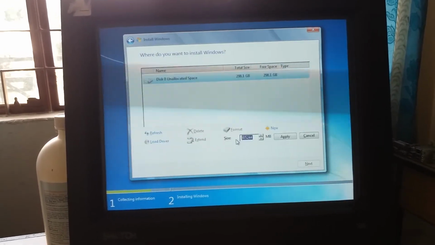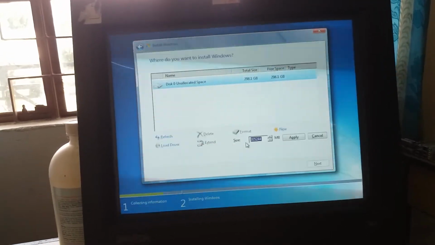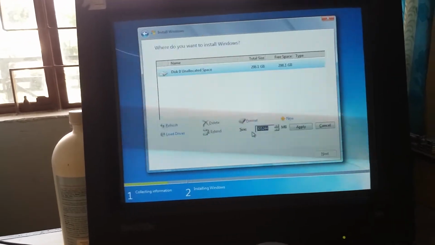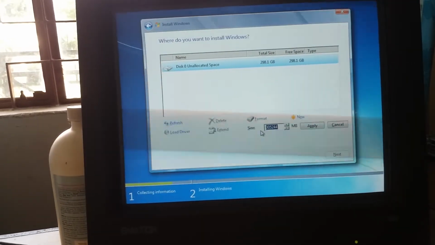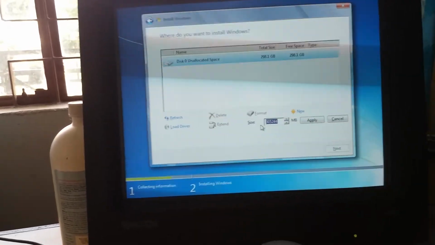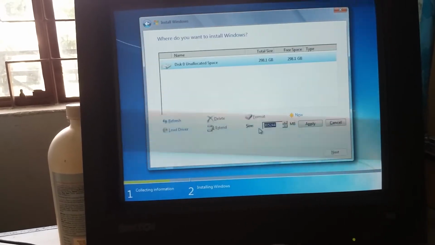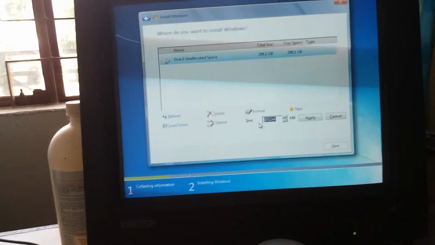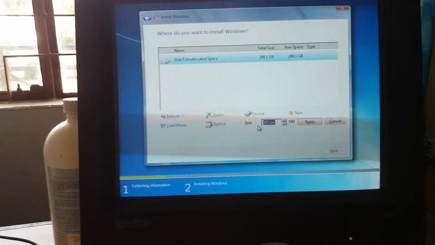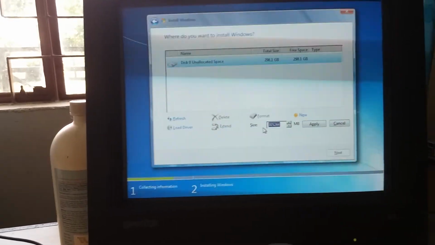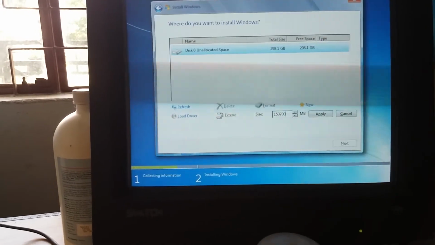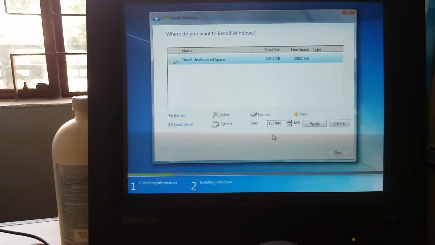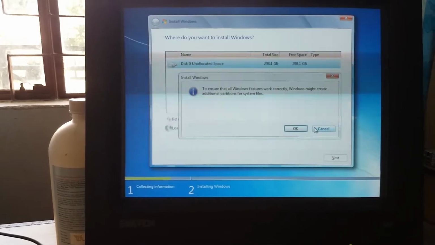For that, I need to multiply 150 GB into 1024 MB, which will give you 153600, and I need to add 100 MB for the MBR partition. That will come to 153700. So this partition will create a C drive here.